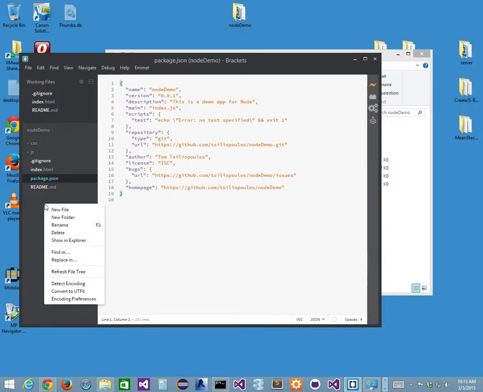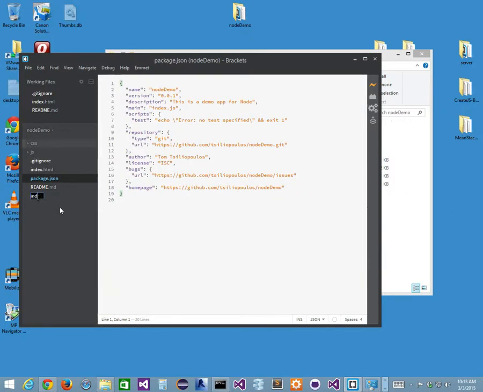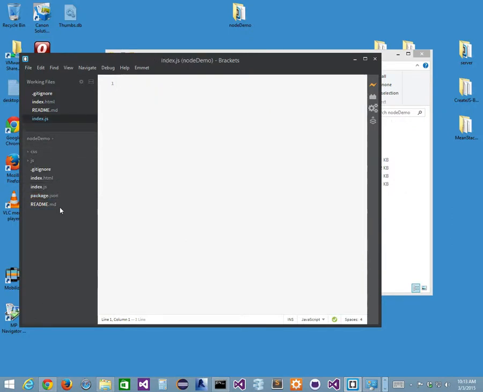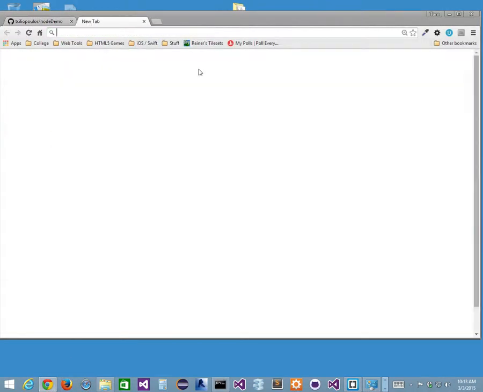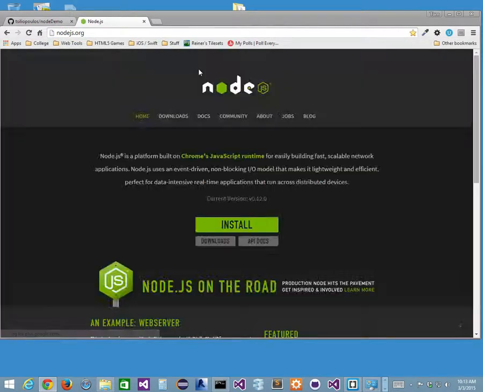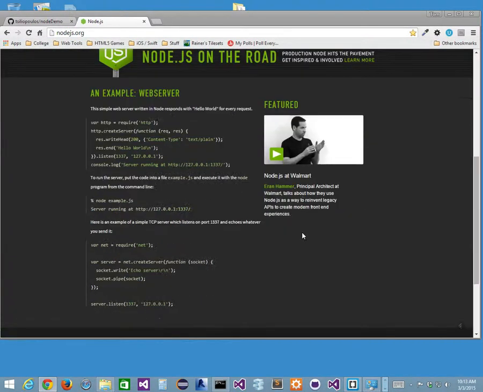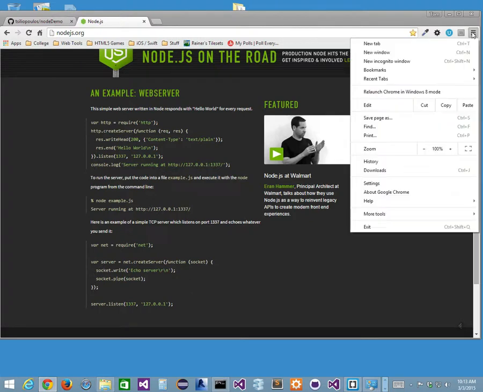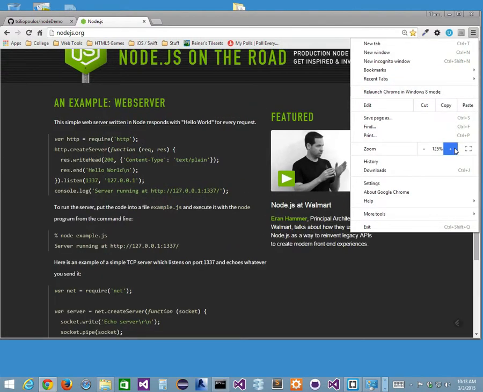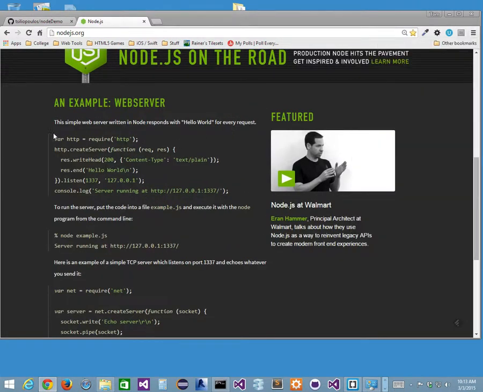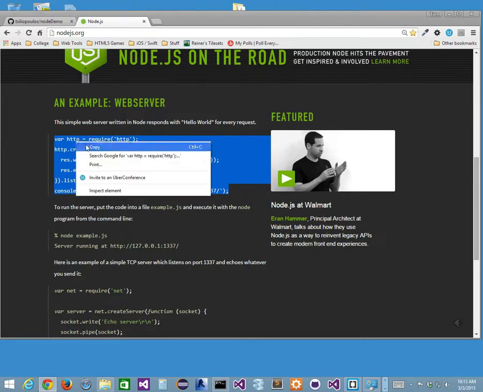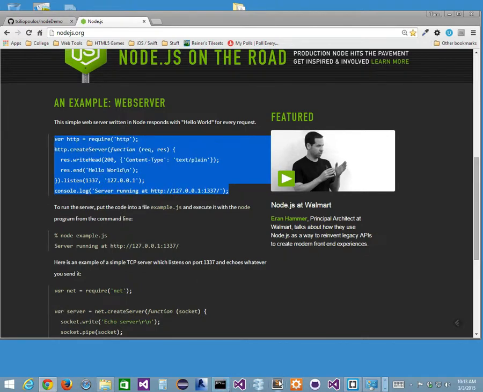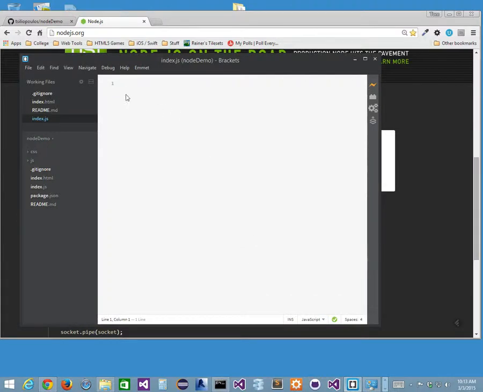So I'm going to do that. I'm going to right click, new file, and name it index.js. Here's my index.js file. If you remember, we went to Node last week to create our little Node server. I went to nodejs.org, and inside there I have a little piece of code. I'm just going to make this a little larger so you can see. This right here is all we need to set up our server. So I'm going to grab all this, right-click, copy, go back into Brackets and paste,